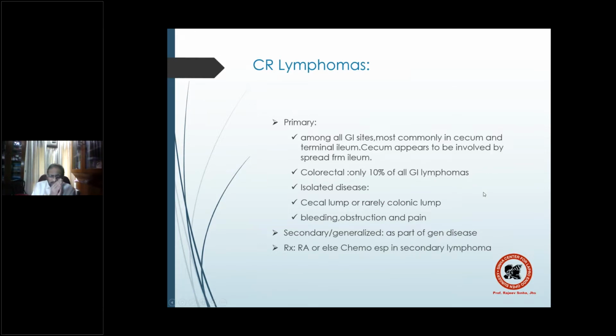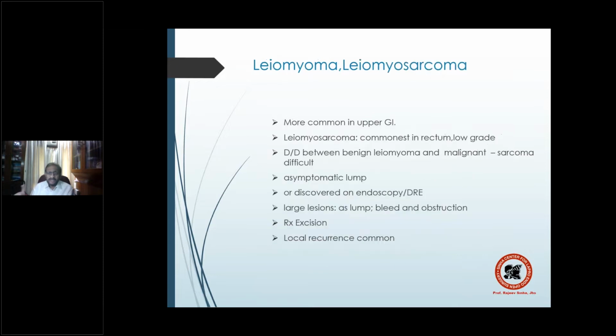So remember this: a primary colonic lymphoma, just like a primary gastric lymphoma, the treatment of choice is surgery, not chemotherapy. But a generalized lymphoma or a secondary lymphoma in the colon or stomach, the treatment is chemotherapy. Surgery is only second. Leiomyoma, leiomyosarcoma, the need to refer to this was in context to GIST, and this is